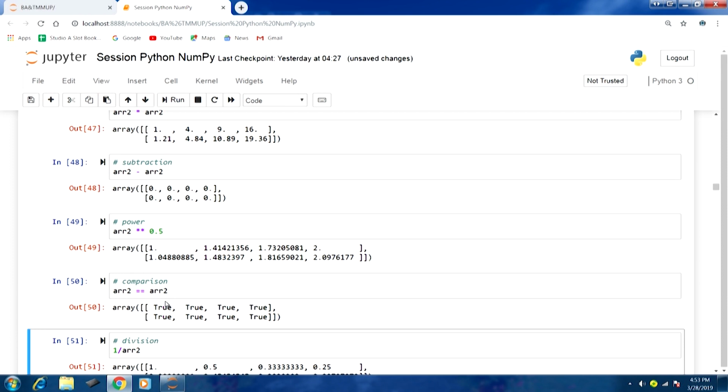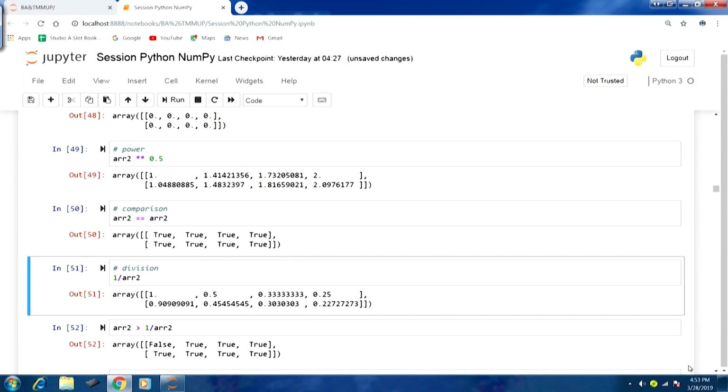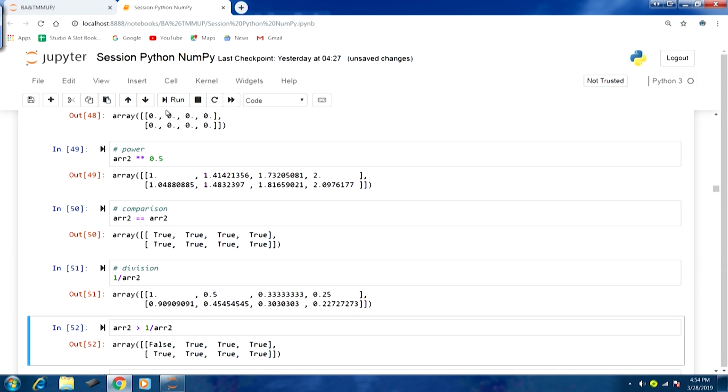We have got a boolean value returned there. Because we were comparing the same array, all the values are true. These kinds of operations can be easily performed, and this is what we refer to as vectorization. And let us take division.